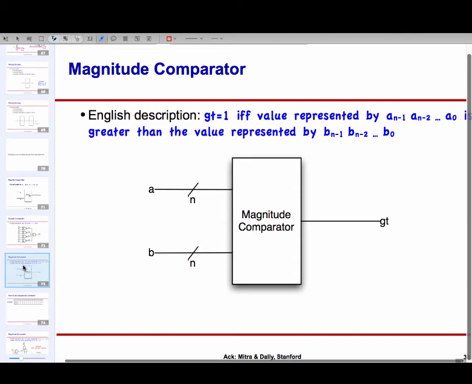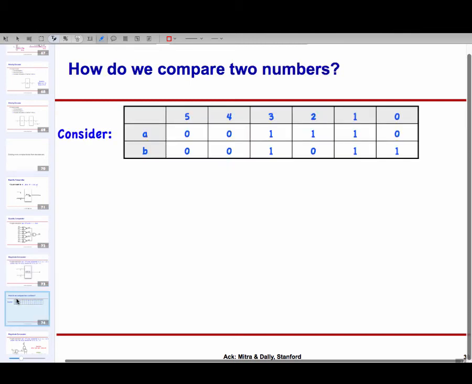This is a trickier example, so let's walk through it. Equality was simple, but greater than, we have not seen it, but you'll see that it works a little bit like arbiter. So how do we compare two numbers? Let's say I give you these two 6-bit numbers, 001110 and 001011. What algorithm would you use to compare them?